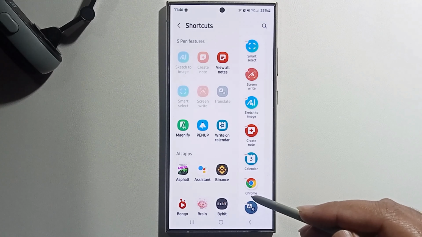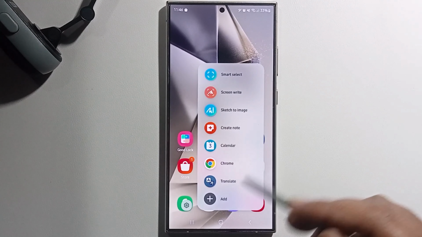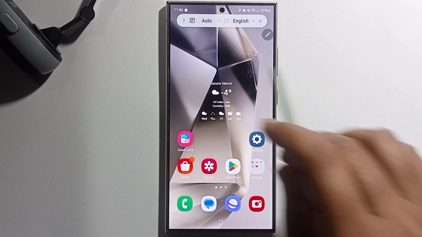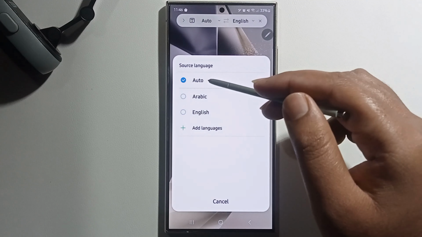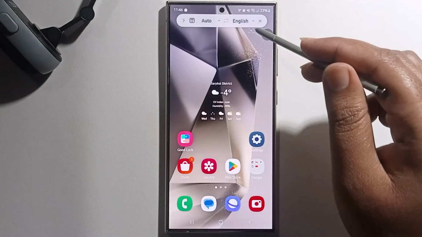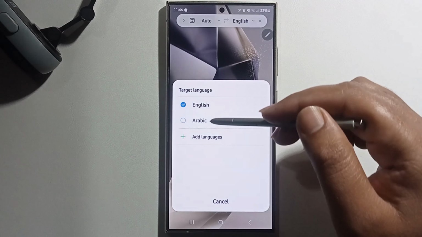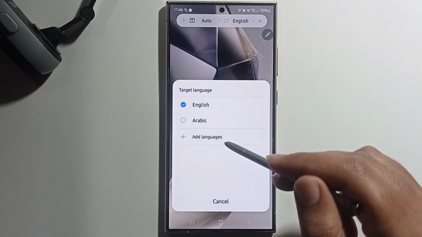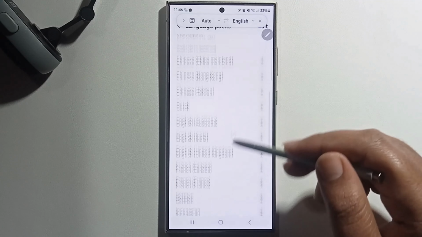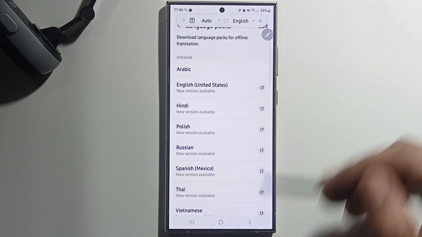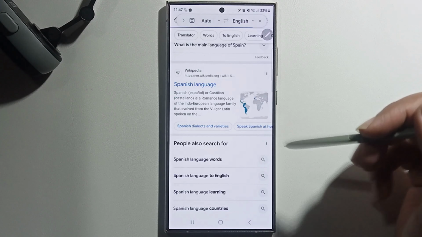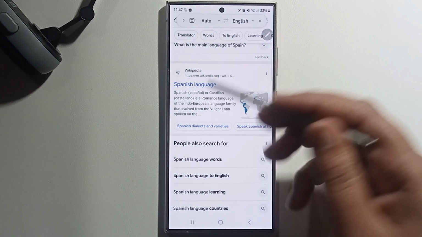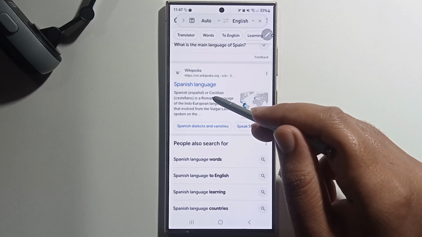option. Now I've already added translate, so go back and click on it to select the language and translate language. I'm selecting English. If you want to select your language from here, any language, go back and take a document or text, long